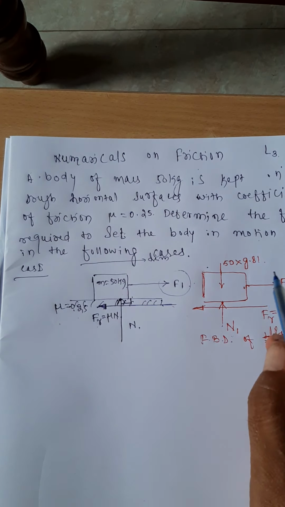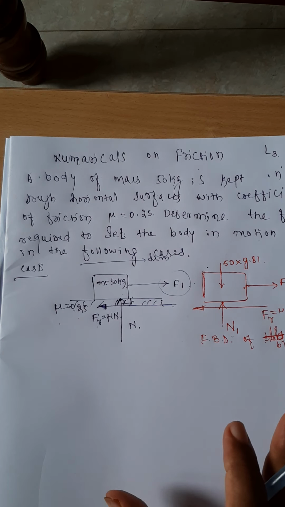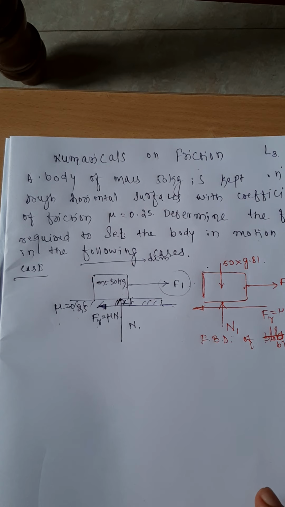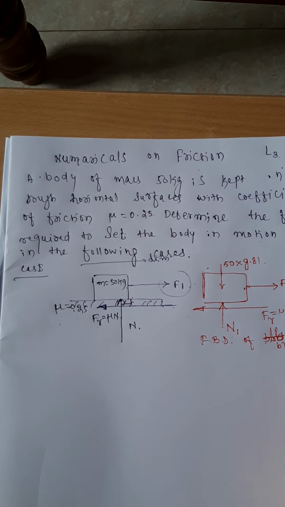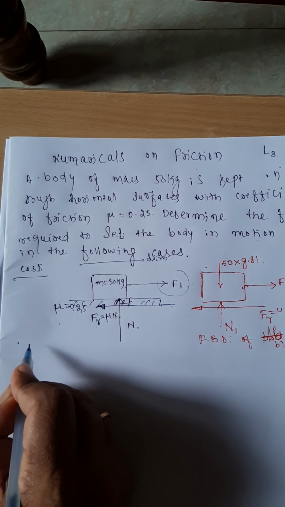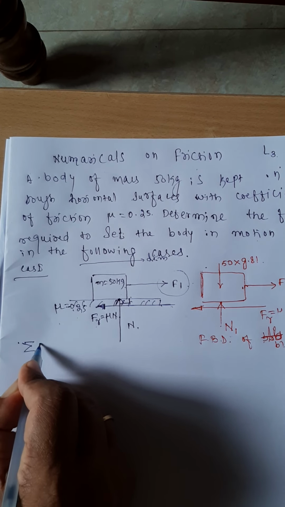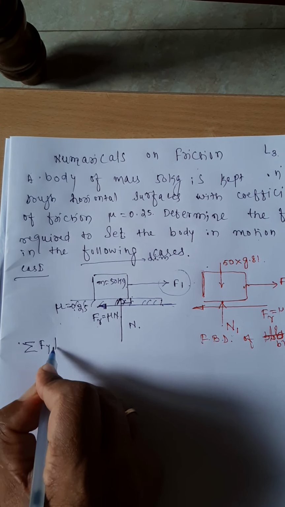First, you go for the total of the vertical forces. Usually in this friction chapter, the first equation you consider is that the force perpendicular to the surface is equal to 0, so that you will get the value of the normal reaction. Once the normal reaction is known, you can get the value of the frictional resistance, hence the value of F1. Just see here, the first equation is the total of the forces in the upward direction, taken positive, equal to 0.